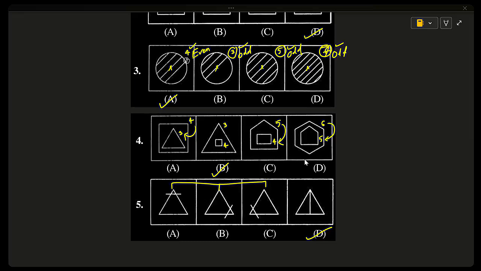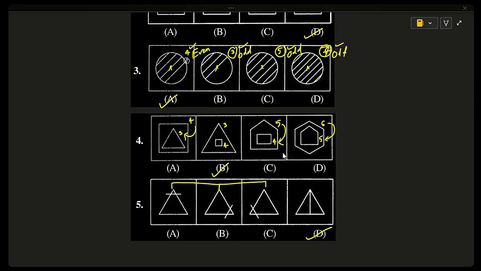Vilochan, what is your doubt? Vilochan, you are not audible. Aditi? Sir, in the third question option D is eight lines. No, count properly. There are 7 lines. Ritvik, what is your doubt? Sir, in the third question we can say gaps also. Option A is correct. Look, by gaps we cannot do that. You just count the number of lines. It is clearly different. Now,